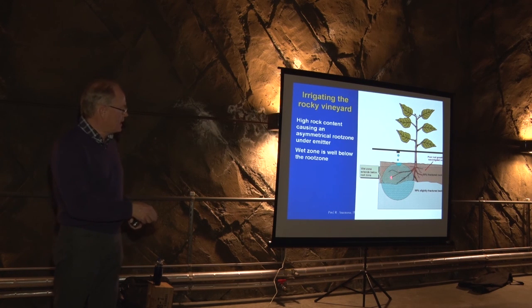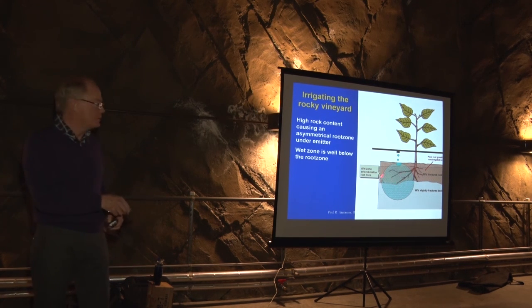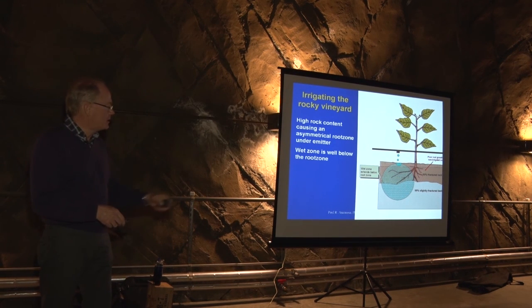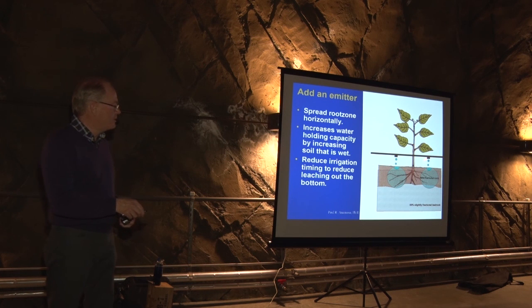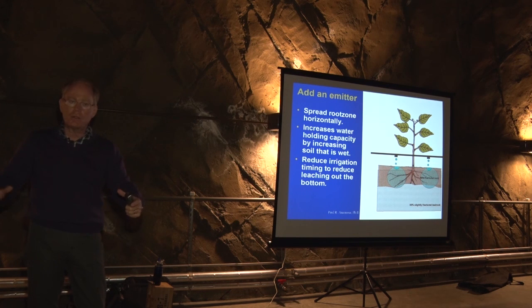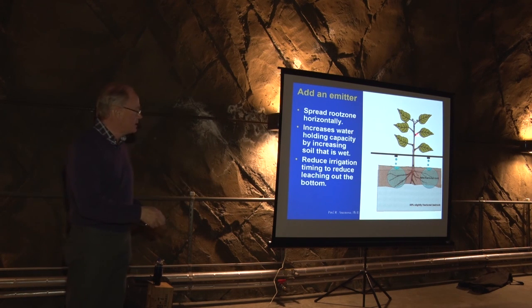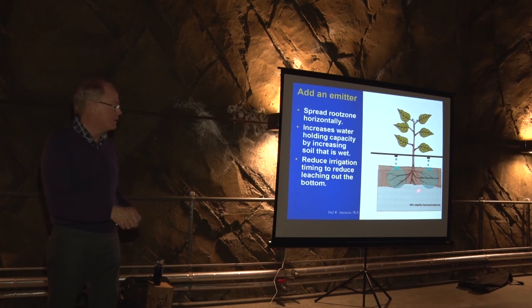Okay, so here we have essentially an asymmetrical root zone and shallow. So the option is to go ahead and put in another emitter so that you can then get two root zones. So instead of having an architectural root zone that is vertical, you go, look, we're not getting any vertical out of these soils because there's so much rock underneath it, there's not any place for it to go. Let's go horizontal. You still increase the amount of soil that can absorb and hold that water for you,